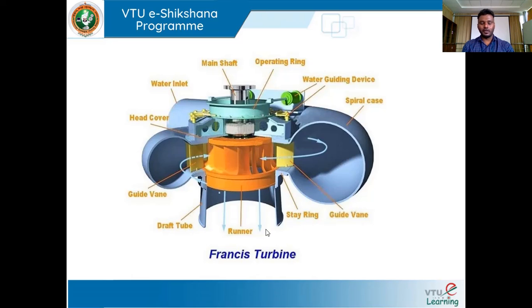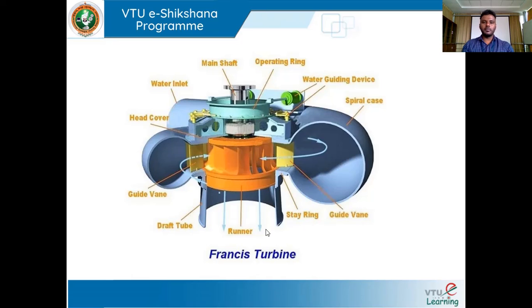So in the case of a turbine, we need to prevent that cavitation problem. That means if the pressure of the water is reduced until it becomes equal to the vapor pressure, there might be a formation of vapor bubbles. These vapor bubbles act on the turbine blade and other parts of the turbine, and due to their implosion this damages or creates a cavity on those turbine parts and blades. It basically causes a pitting action on the turbine blades and other parts of the turbine.